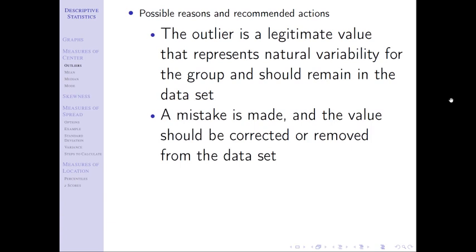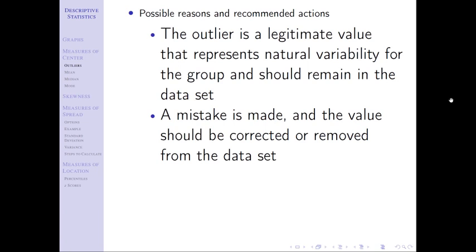A second option is that there's a mistake that was made and we need to correct that or remove it. There's another scenario. You email me back 71 heads and I reply back to you and I say, are you sure this seems a bit high? And you say, oh my gosh, on a number pad, the 7 is right above the 4. I meant to say 41. And I'd say, oh, 41 is a whole lot closer. It's only 9 away from what we would have expected, not 21 away. And that was just a mistake. And so then I can go ahead and manually in my database correct that 71 to 41.